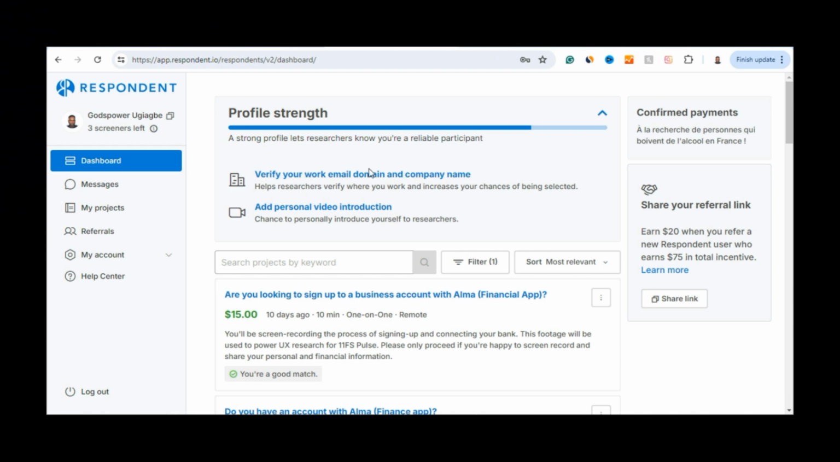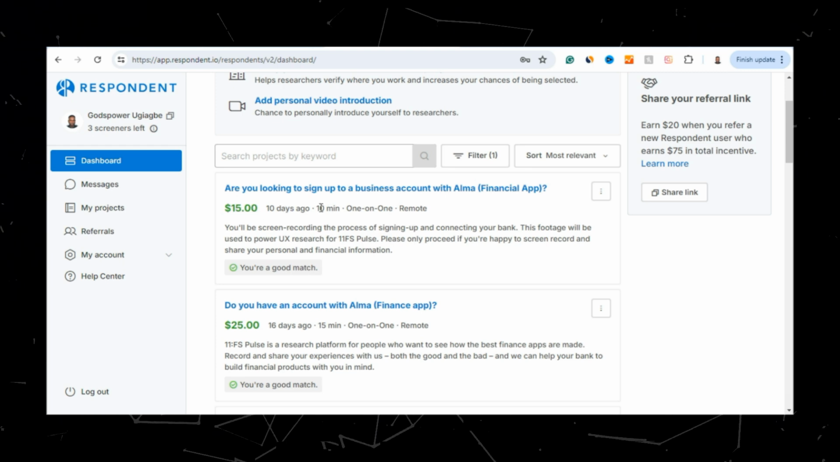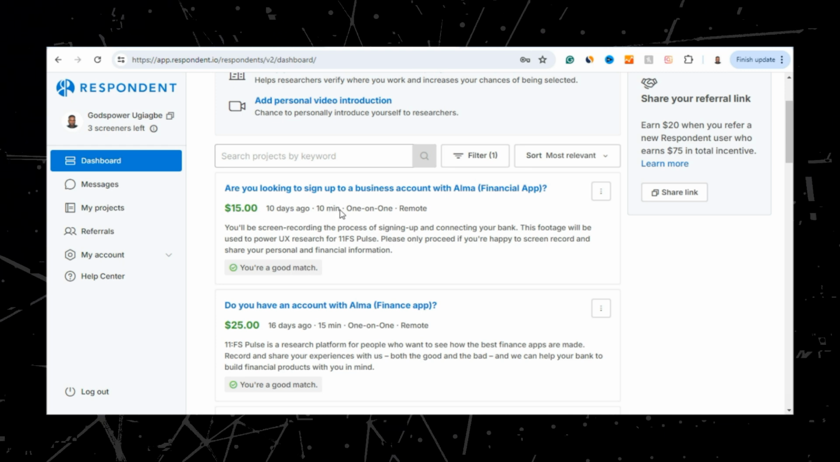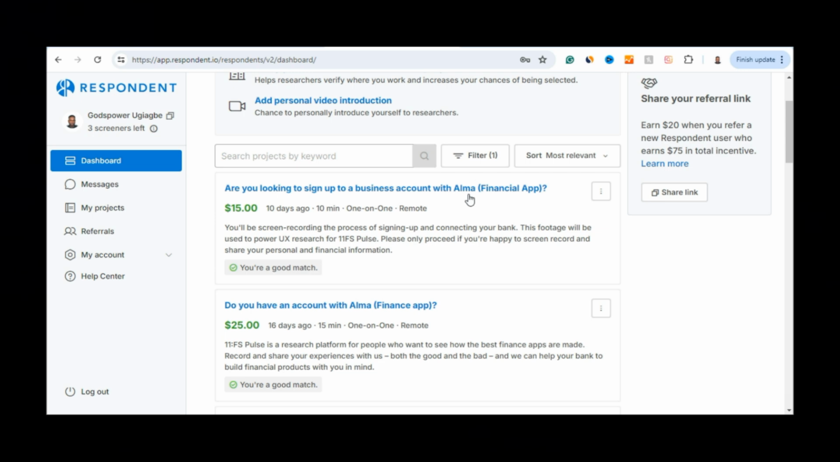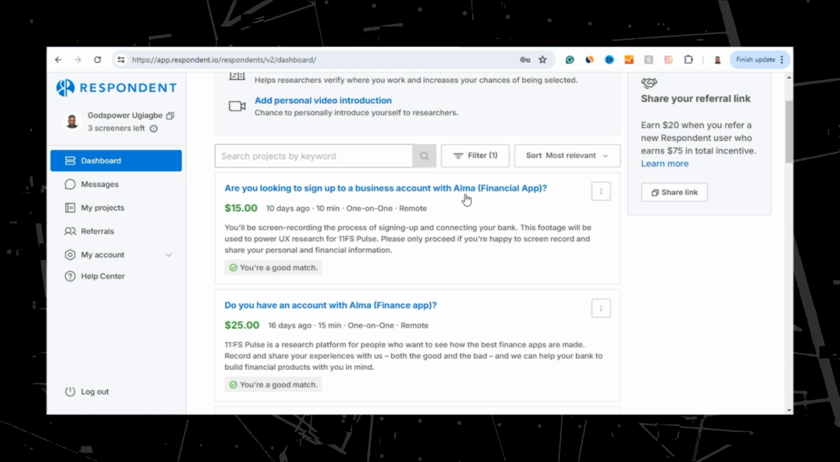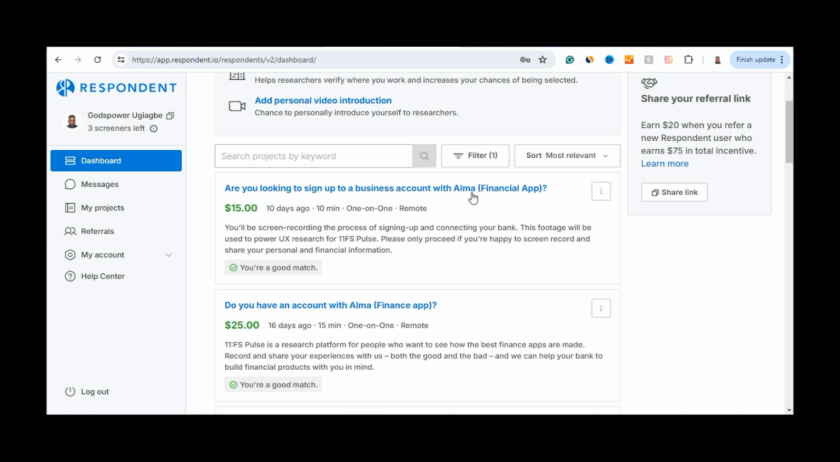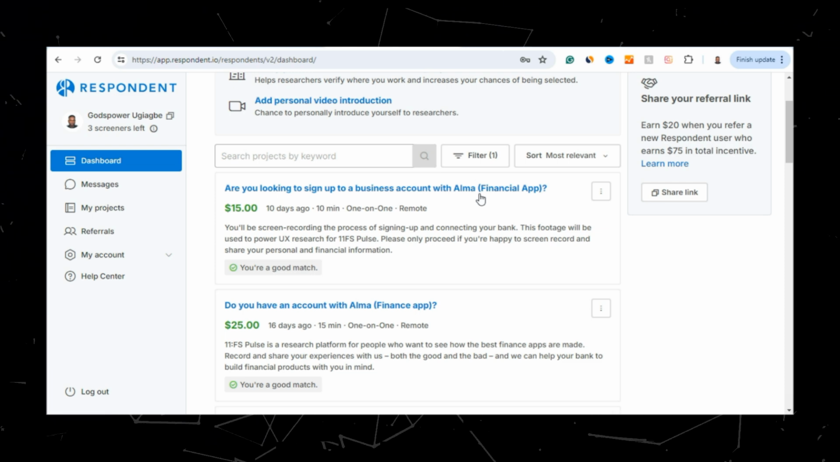So to start joining a task, you can see here there are a lot of jobs that you can do here. You can see this company, they are going to pay you $15 for you to just spend 10 minutes to participate in this task. You can see, are you looking to sign up to a business account with AMA financial app? So AMA is an app that a lot of companies are using to pay for subscription plans. Let us say you want to buy a product and you want to pay multiple times, you want to pay monthly. So that is what this application, which is called AMA, is doing. Go and do a review about this AMA, or you can go and join the program and see if it's good or not, and come back to here and